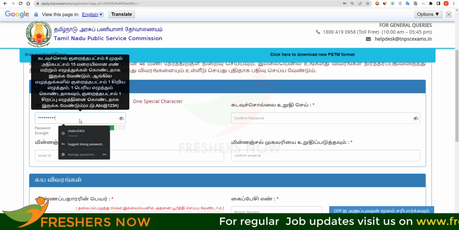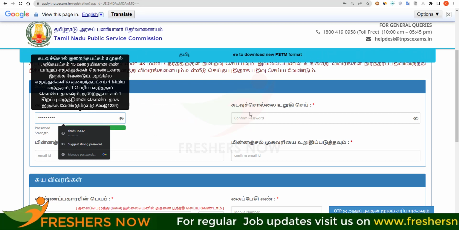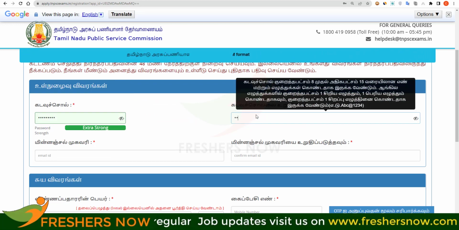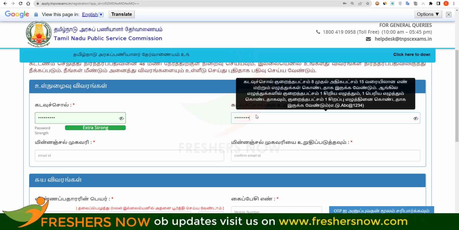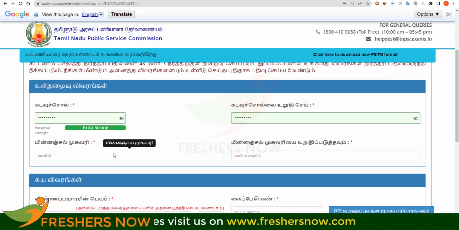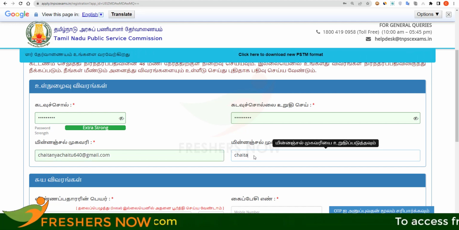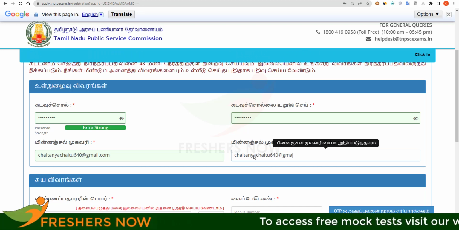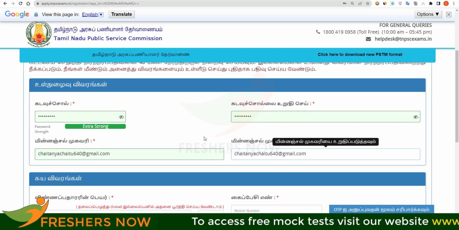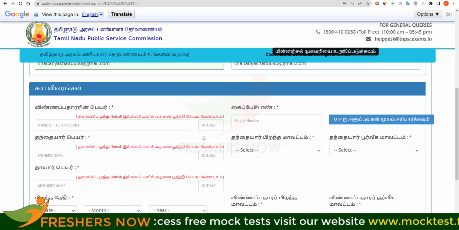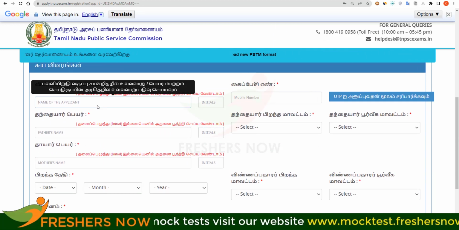And here you have to give your own password and then reconfirm the password, and here enter your email ID. And then confirm your email ID once again and then scroll down. Here you have to enter your name